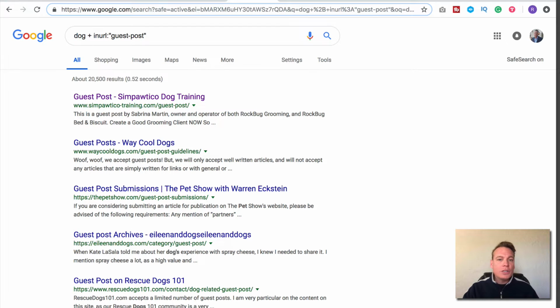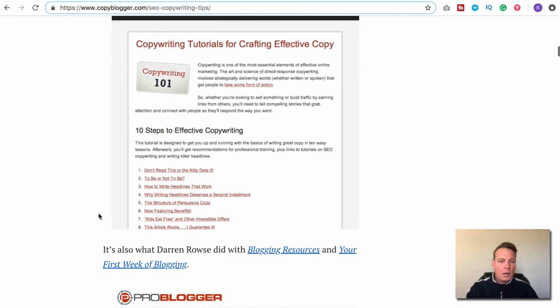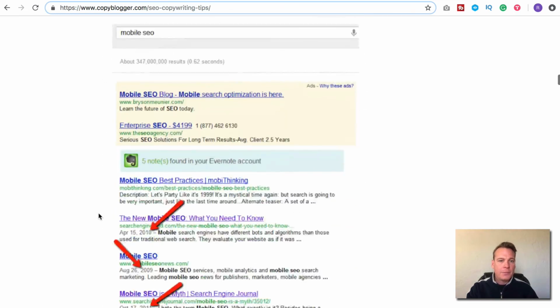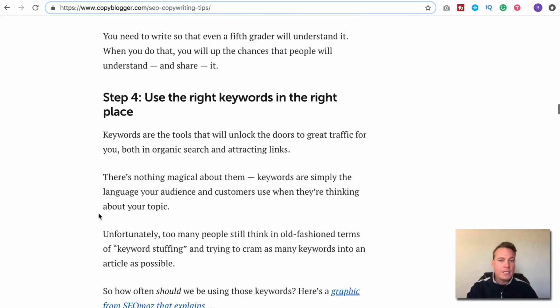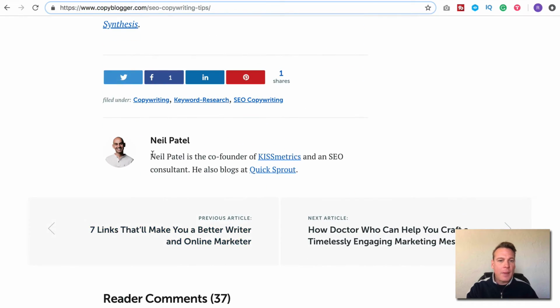To do this, we can use 2 different methods. So here I found a guest post from Neil Patel, and if we scroll down to his author bio at the bottom here, we're going to find 2 things. We're going to find that he has a quick little snip about himself here. So what I'm going to do first is copy just this first part